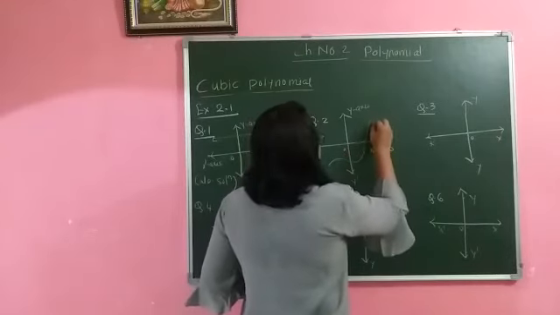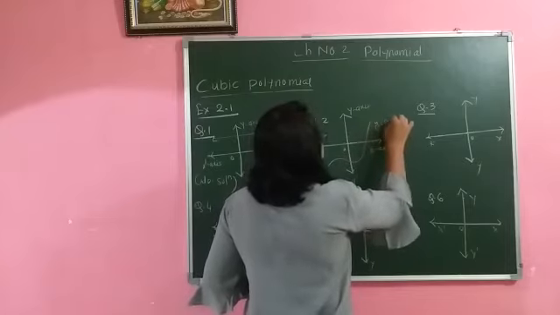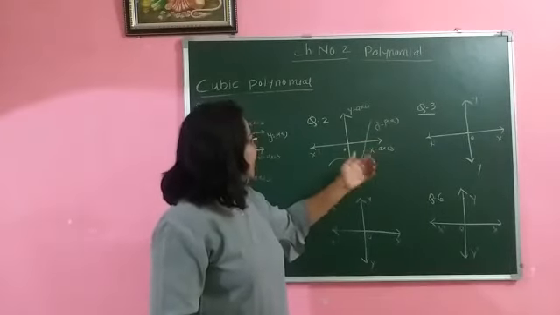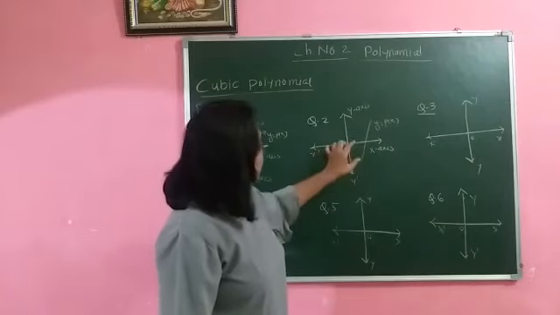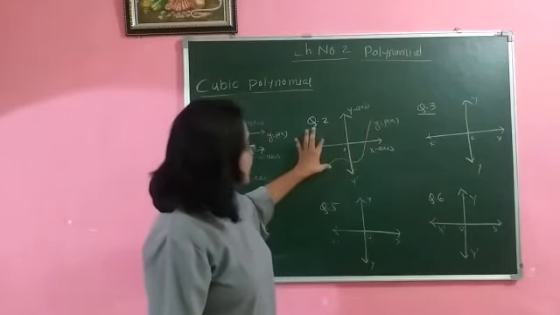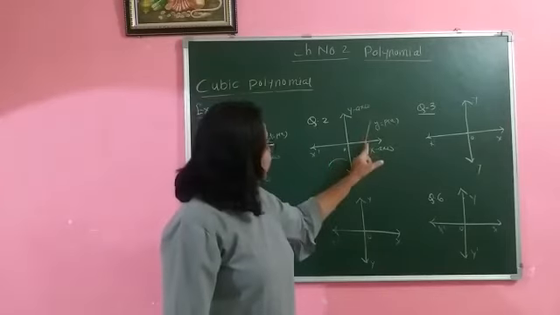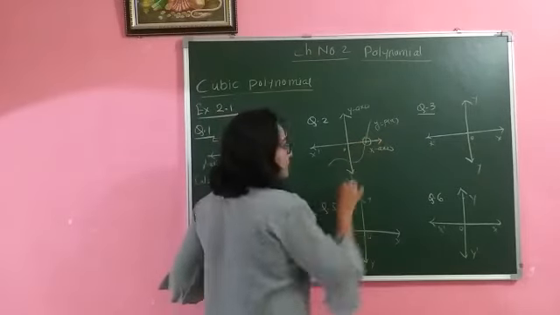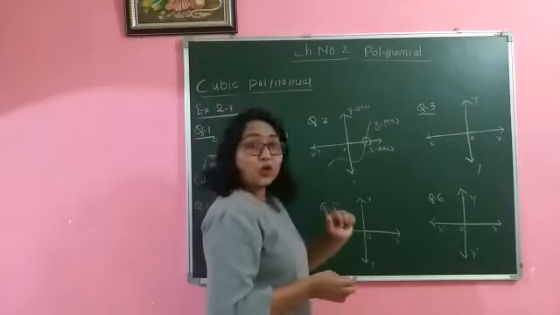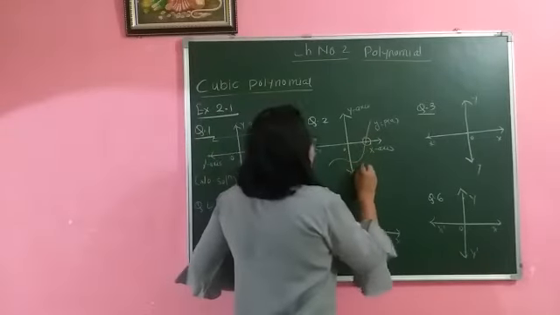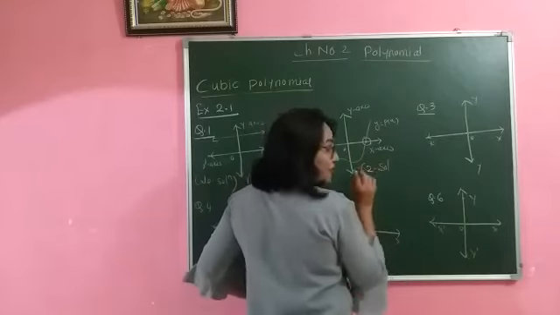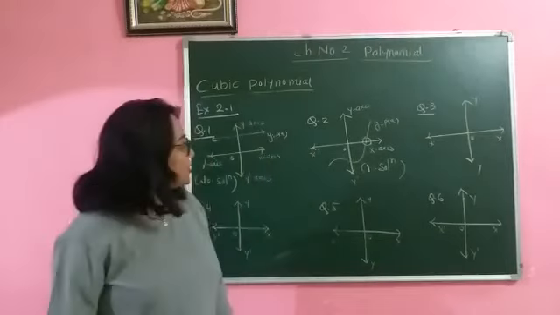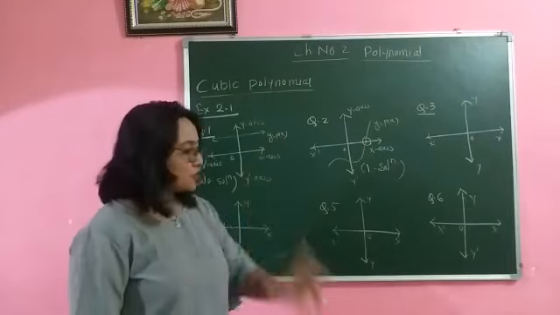In question number 2, I am taking the graph like this. This is the graph of say y is equal to P of x. Don't worry about what we are writing for y is equal to P of x. Your focus should be on the x-axis. This graph intersects the x-axis in how many points? Only one. This is the intersecting point. So it is one solution.